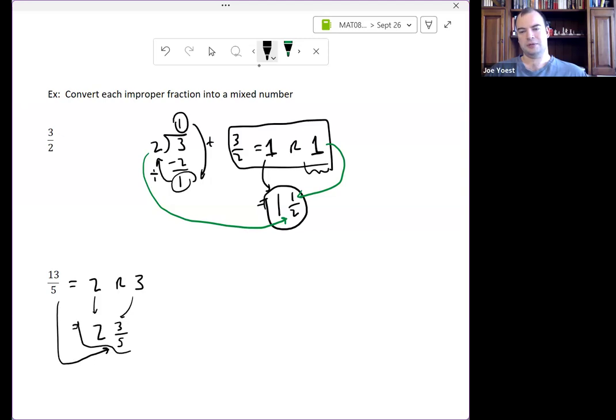And 3 fifths. We didn't change how we're slicing the pizza. It's still sliced into fifths. Each slice is size 1/5. That denominator just kind of comes down. The 2 with a remainder of 3, the 2 is the whole number part of the mixed number, and the 3 is the numerator of the fractional part. That's the number of extra slices that we have left over that can't be combined with other slices to make another whole pizza.